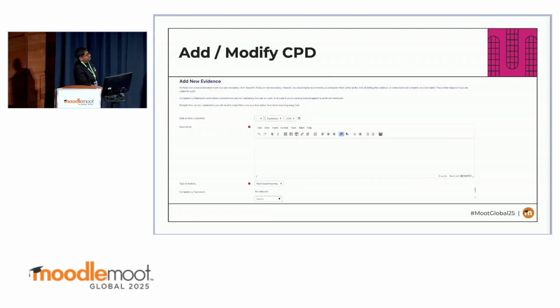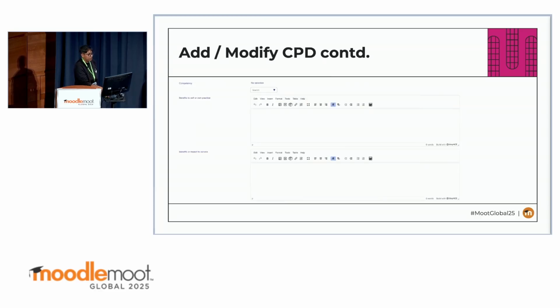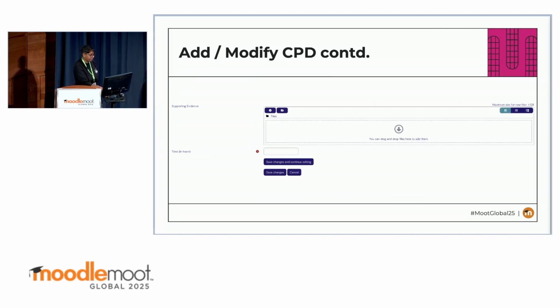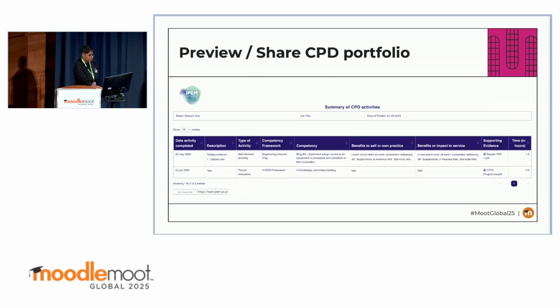So yeah, adding new evidence. This is the page where, when they click on add new evidence or modify evidence, it's just a form that they complete with all the fields that you saw on the dashboard. You've got the fields to complete here, the end user. Supporting evidence to upload as many files as you want. And then I had selected some evidence, so in this case there were a few pieces of evidence that I've uploaded,